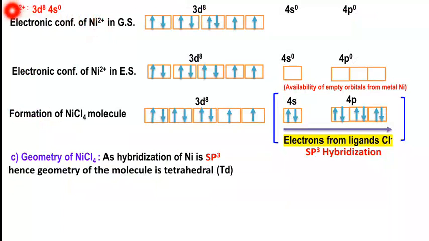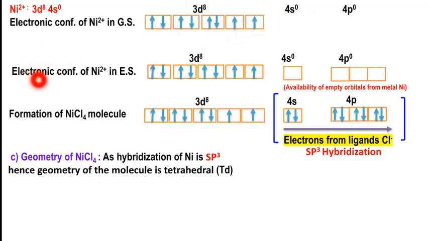So consider here the electronic configuration of Ni2+ in the ground state. We know that in the ground state Ni+2 has 8 electrons in the 3d orbital. So we have just filled the 8 electrons into the 3d orbital. Now 4s and 4p are the next orbitals, which are empty. By losing the 2 electrons from the 4s orbital, it is an empty orbital now, and within the 3d orbital we keep the electrons. That is the ground state configuration of nickel.